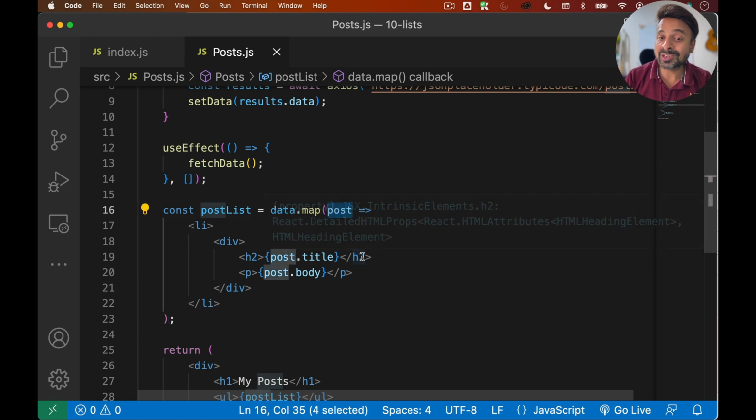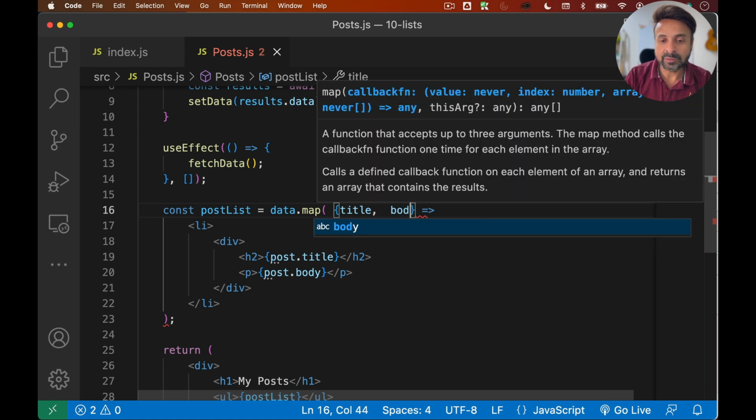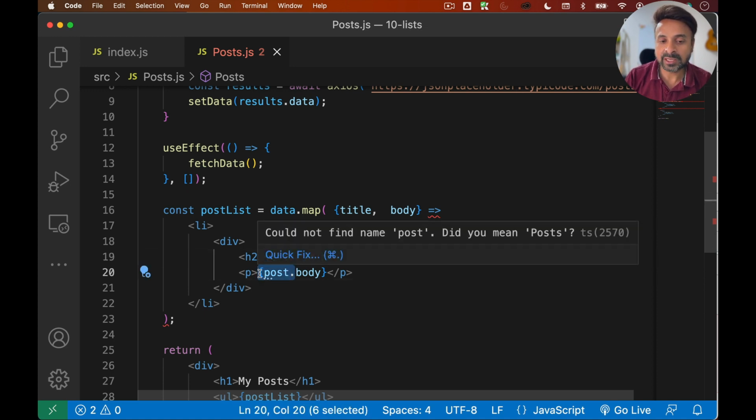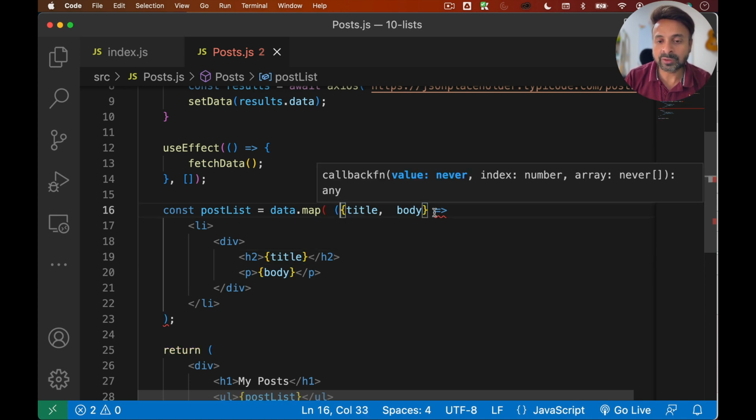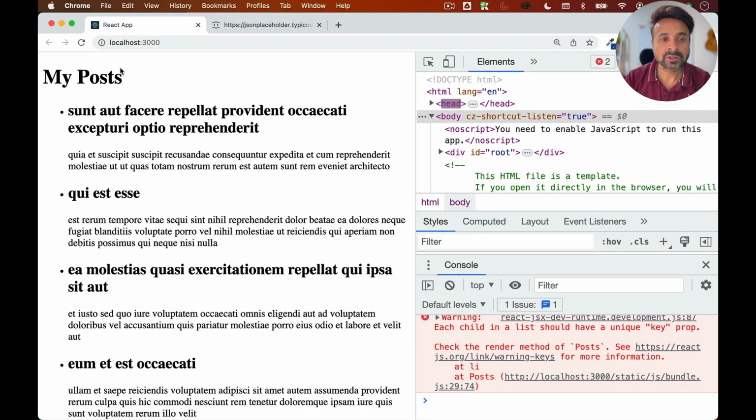You can do the destructuring also for the post. So each post, right? You can say title and body, something like this. So you don't need to write post multiple times. You can save a lot of typing by following this syntax. So we have title, body. So now I'm using multiple parameters, so I need to wrap it in the brackets. Okay. Now if I save, it is still